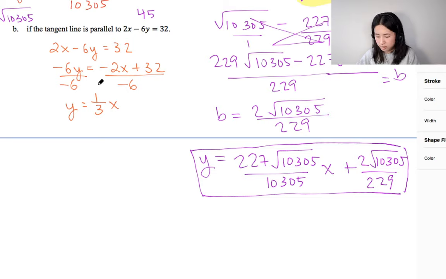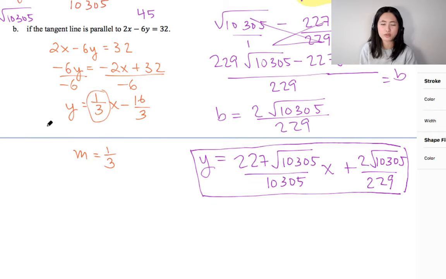So we don't really care about this y-intercept. All we care about is the slope, right? So we can say that the slope that we need to be looking for is 1 over 3, right? So we need to watch out for 1 over 3. Okay, so once we have 1 over 3, we can say that the slope of this is 1 over 3. Now, we need to confirm whether that's also the slope of what we had in the beginning, right? So if you have 1 over 3